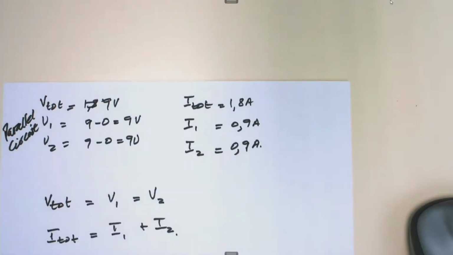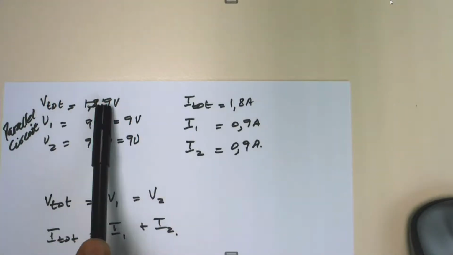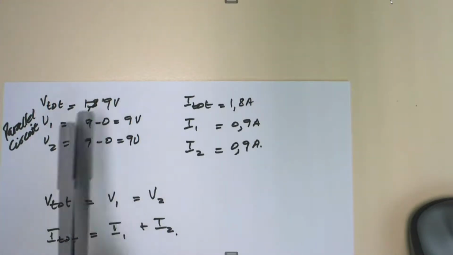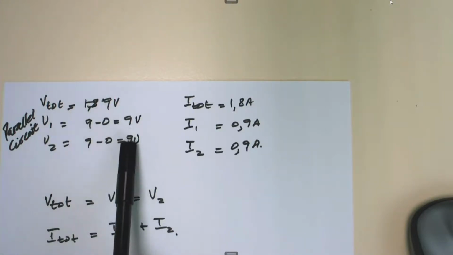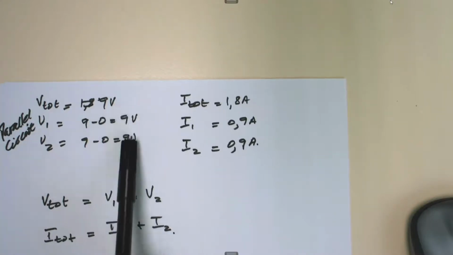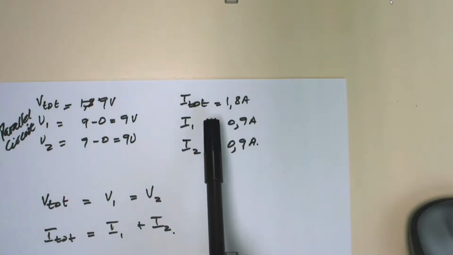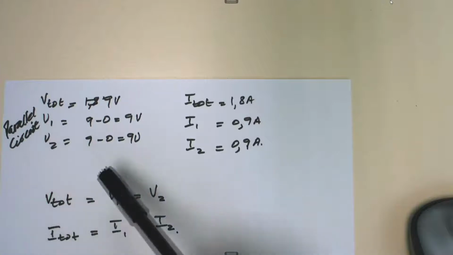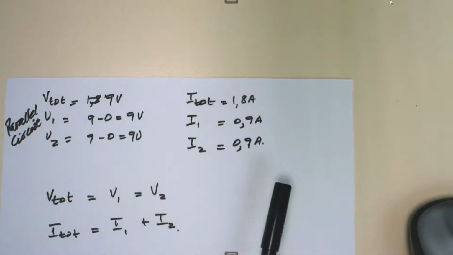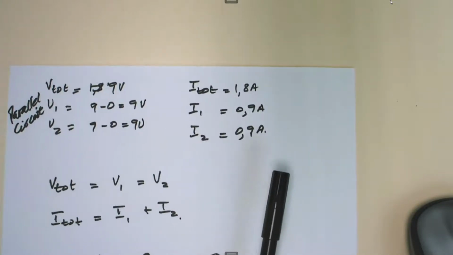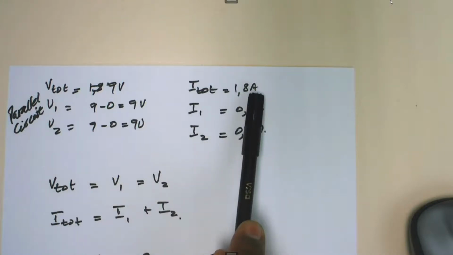So for a parallel circuit, the total voltage, or the voltage across the battery, will be equal to the voltage across the parallel components. If we have only two resistors in there, or wherever you have parallel components, then the voltage across one component will be the same as the voltage across the other component. But with the current, what you should have noticed is that the current through the battery was